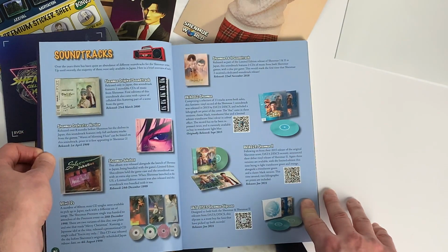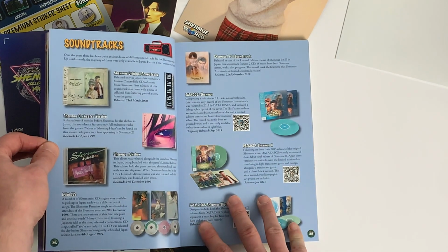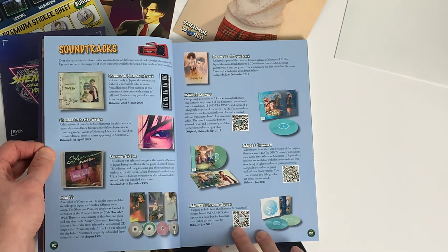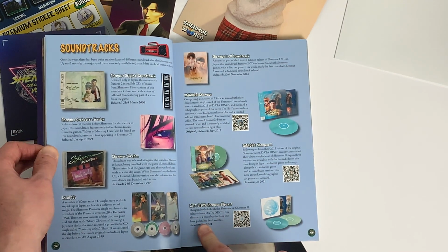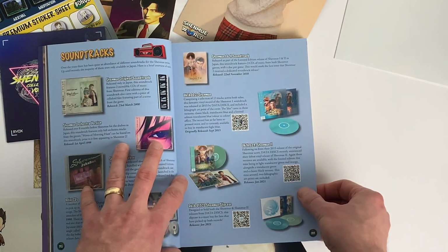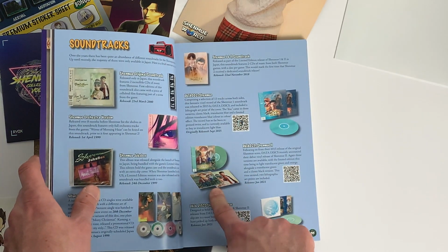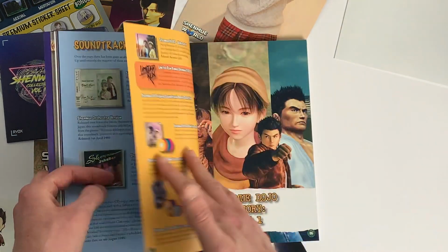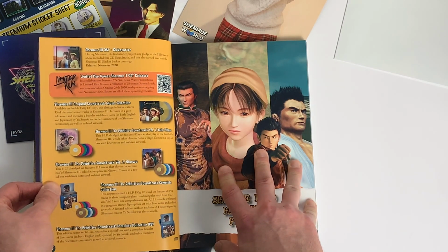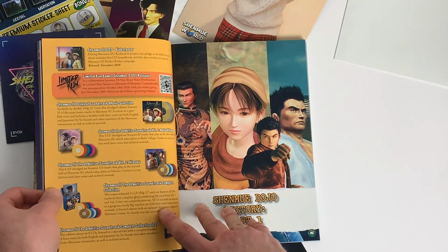And here is all of the soundtracks that I'm aware of that have been released over the years. Original Shenmue soundtrack there, orchestra version, Shenmue Jukebox, all 3 of the mini CDs that were released. That's the one that came with the Japanese version of Shenmue 1 and 2, the double CD soundtrack. Data discs, Shenmue 1 vinyl record and Shenmue 2's, along with the slipcase there, which was just released recently. The Kickstarter Shenmue 3 soundtrack, and then the new ones coming from Limited Run Games, and I think it's Brave Wave